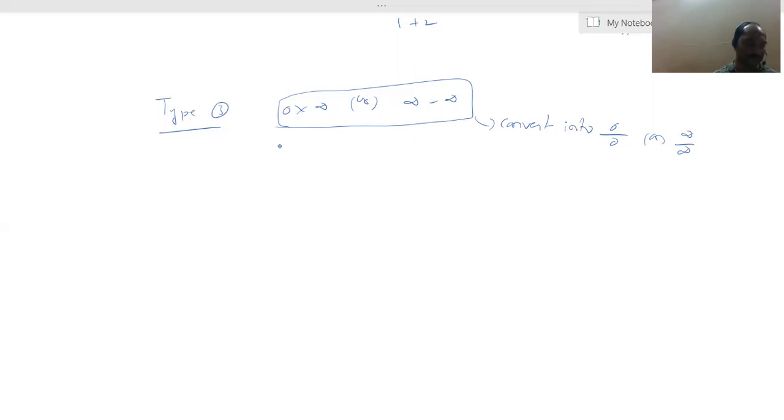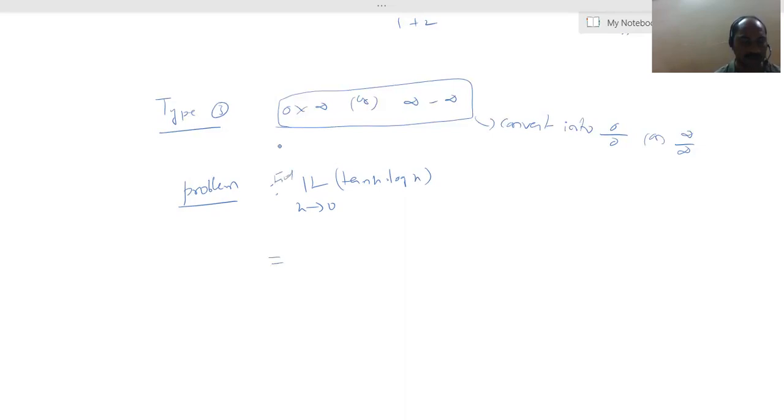See, first problem in this model. Problem. Limit x tends to 0, tan x into log x. Find